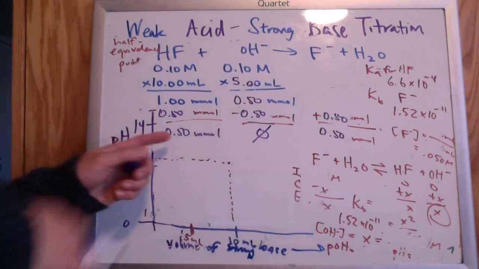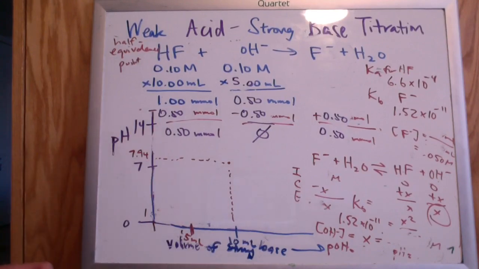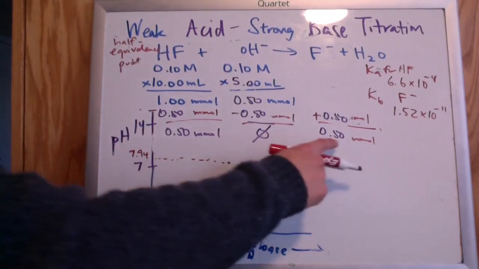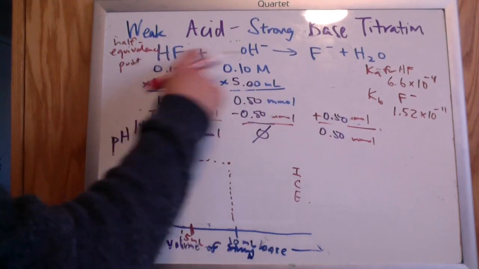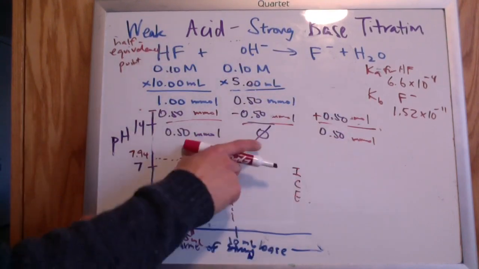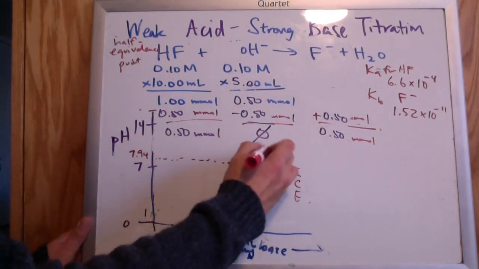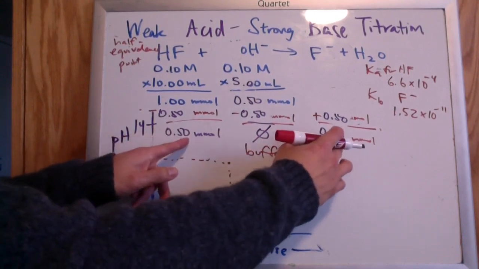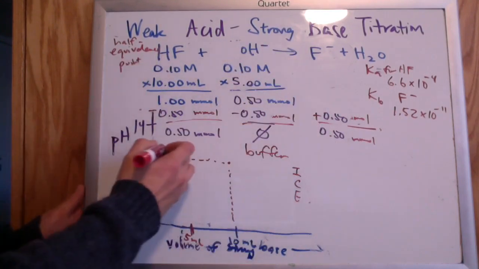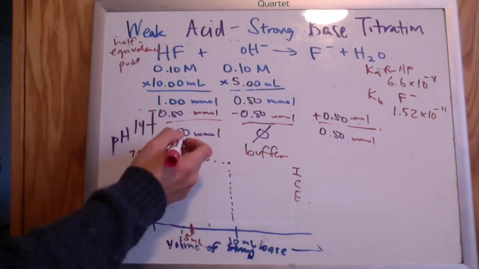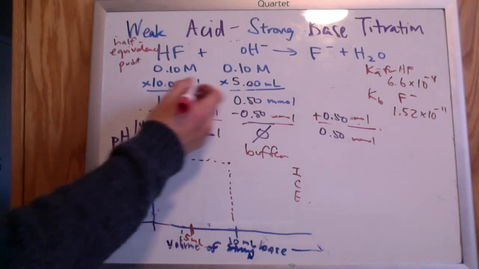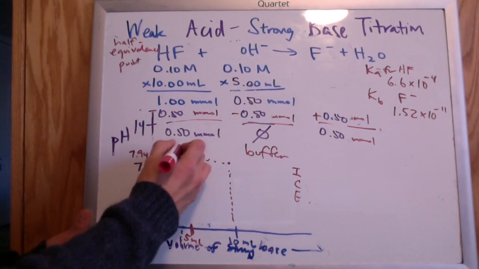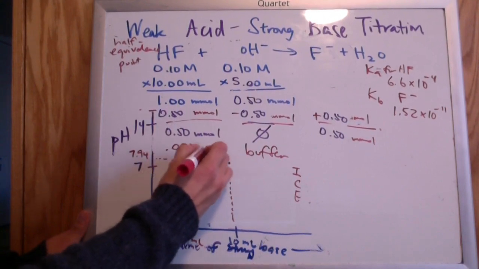Now, if we take a look here, what do we have here instead? Well, we have a weak acid and its conjugate base left over. So now we made a buffer solution. And if we notice here, we have equal amounts of this. So if we actually calculated the molarity, 0.5 millimoles divided by 15 milliliters total, we'd end up with both of these being 0.033